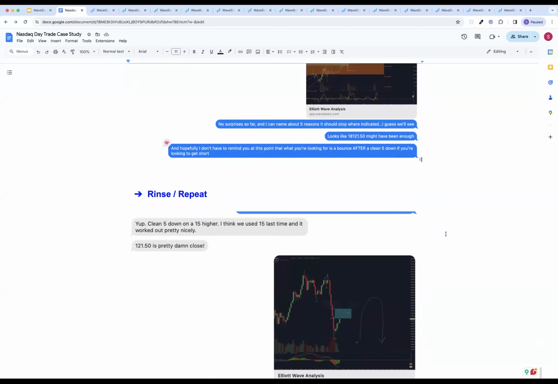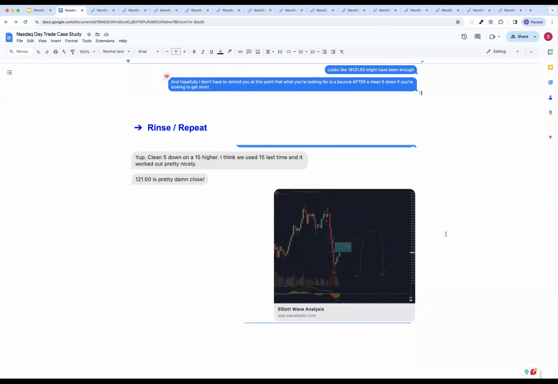So far, neither one of us traded this. This is catching a falling knife, or catching a flying knife. But the last chart I sent him yesterday is still holding as the expectation that we should have now. And it's just, rinse, repeat. This is back to the beginning. We're looking for the same thing. We've got a strong one, looks like 1, 2, 3 into a bounce. We're looking for it to finish a wave 5, bounce up and go again.